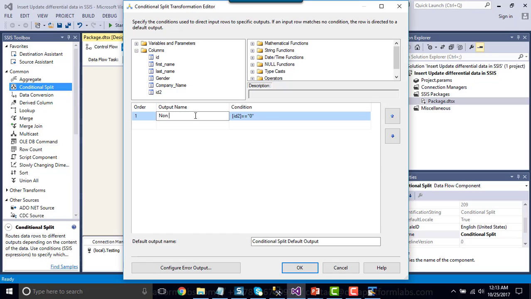So we can say non-matched records. If ID2 is 0 for a particular record, it means that the ID2 value earlier was null, and it was null because the record from the SQL server table did not match with the source CSV file.